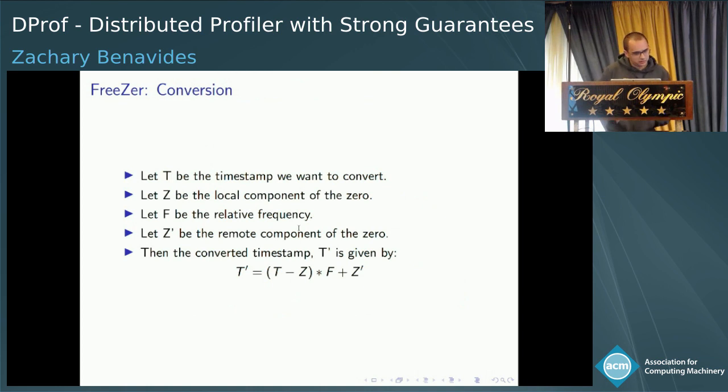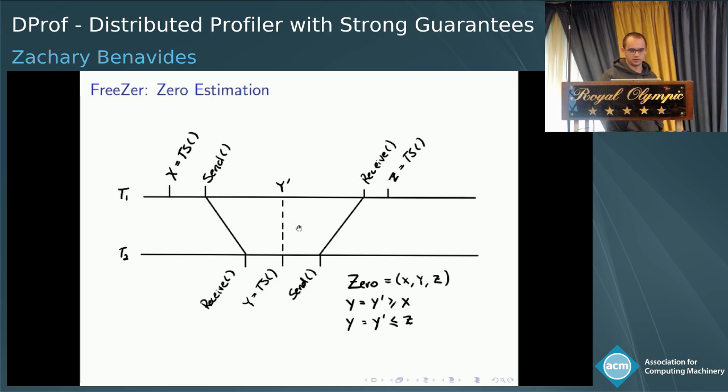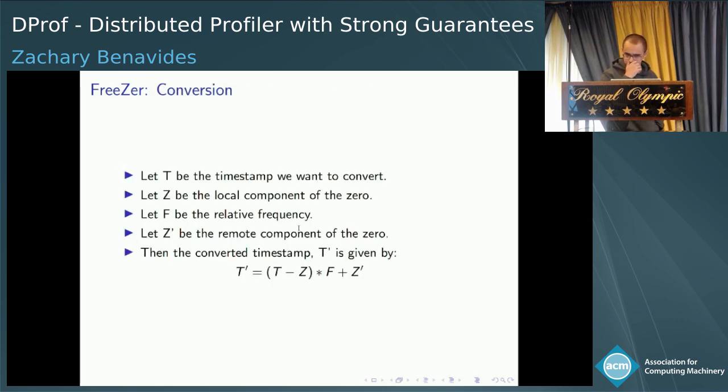Okay, so once we have the frequency and the zero calculated, the conversion is given by this simple transformation here. So if t is the timestamp we want to convert, and z is the local component of the zero, so it's the y here in this case, and f is the relative frequency,